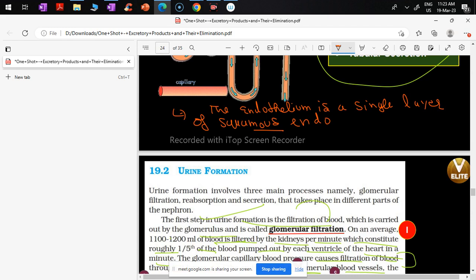So the endothelium is a single layer of squamous endothelial cells